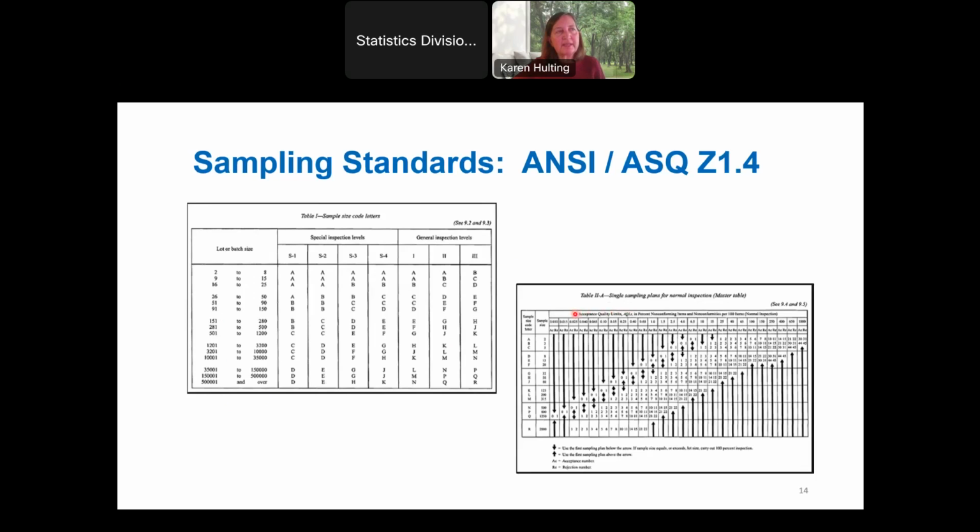The fact that it's indexed with something that says acceptance quality levels, AQLs, and percent non-conforming, they don't all have exactly the same AQL, right? And so it's really important, even though it tells you an AQL in this second row up here, that you actually evaluate the sample plan on an OC curve to find out precisely what is the AQL for my sample plan. Some of these sample plans have similar AQLs, but as you go from top to bottom in these sample plans, they do have probably surprisingly different AQLs and LTPDs.